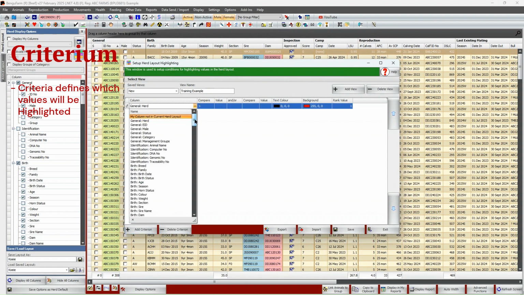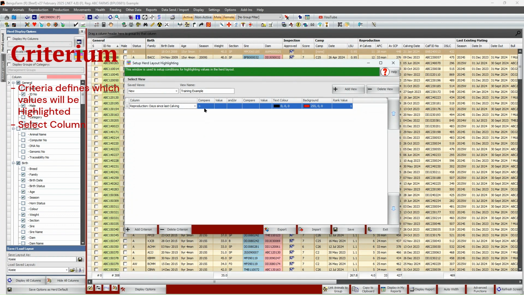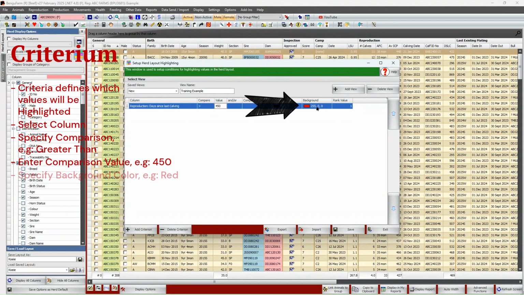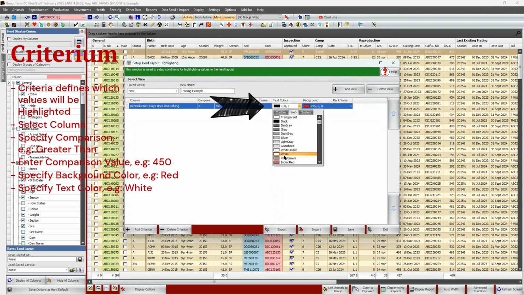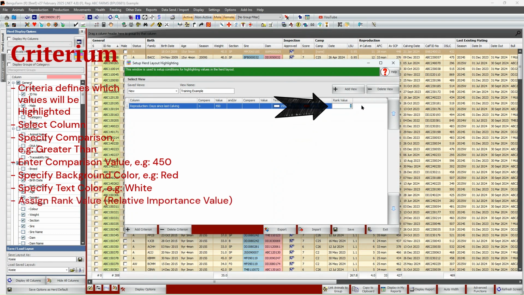So for this example, you select the column to which the highlighting must apply. And I'm going to select reproduction and say days since last calving. And I'm going to say where days since last calving is greater than 450, it should be highlighted in red, and I want the text color white, and I'll assign a rank value of -8.